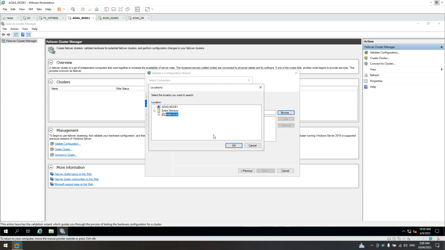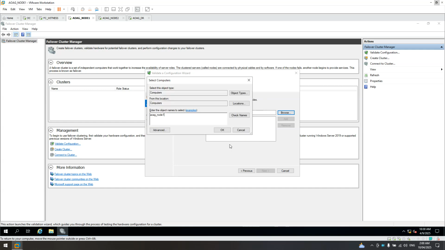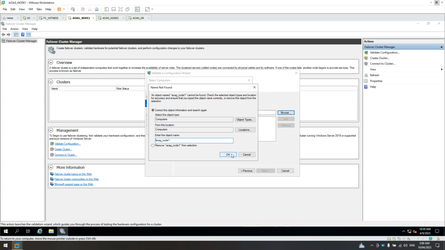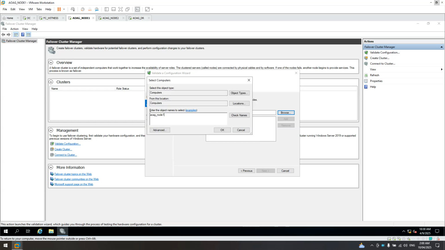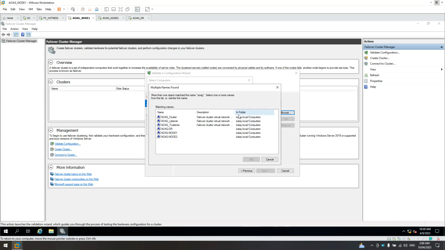Rotation, AOAG and the computers. Let's have a look. Node 1. Here it is, I'm in node 1. So AOAG. Let's have a look.